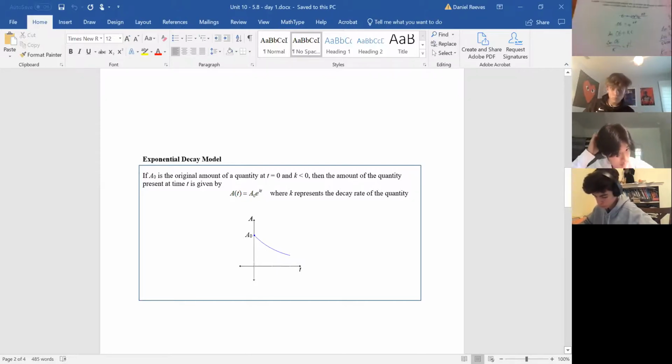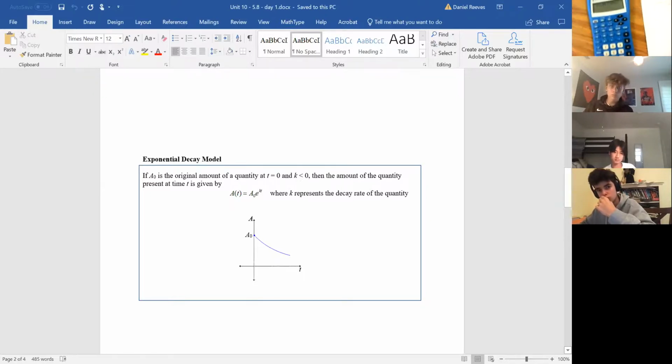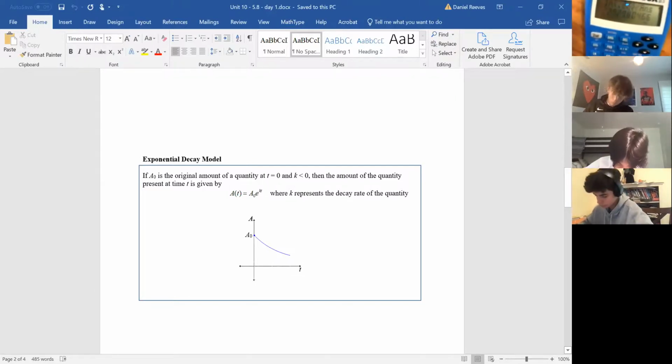I'm going to do that without hitting the clear button, without typing in negative 0.00012. I'm going to hit natural log of 0.06 divided by my answer, just like I did before. And I am going to get a rather large number here. t is approximately